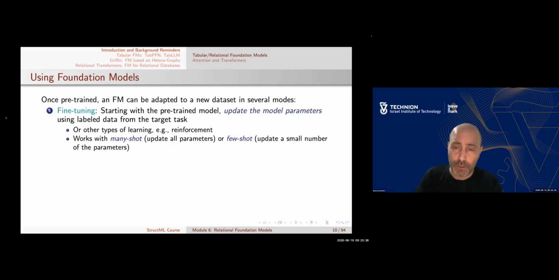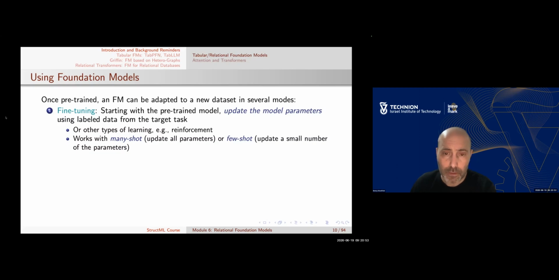I'll do fine-tuning on my specific new domain, specific new schema and database or collection of databases. So what I described is basically many shots,